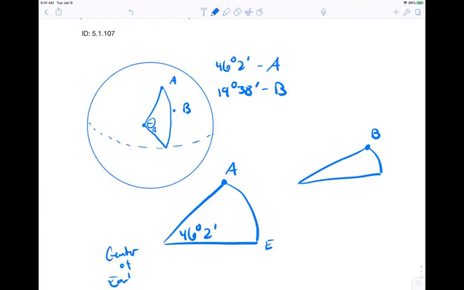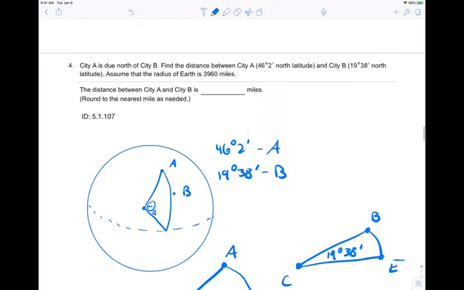This point here. Over here is the equator. This is the equator. It's the center. And now this one is making an angle of 19 degrees, 38 minutes. All right? So then the question says that city A is due north of city B, so they're on the same line of longitude. So then, given this information,